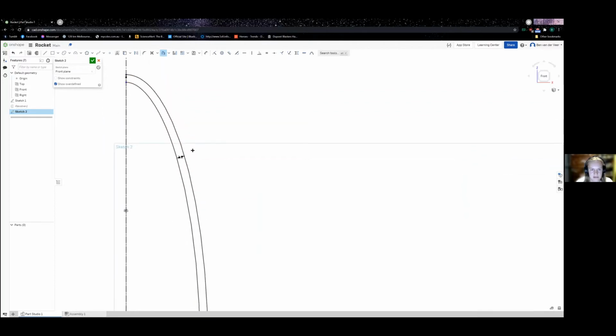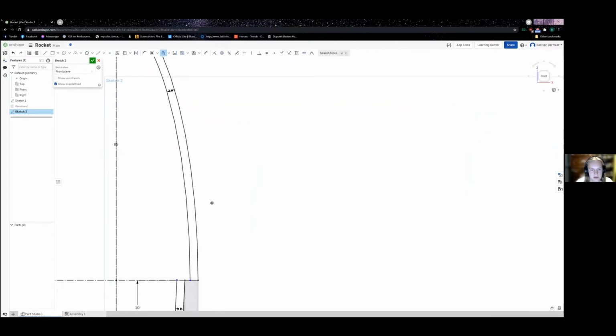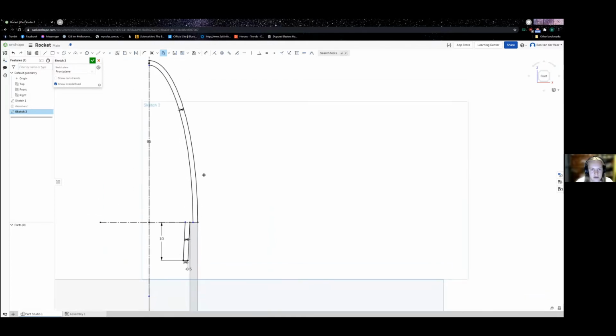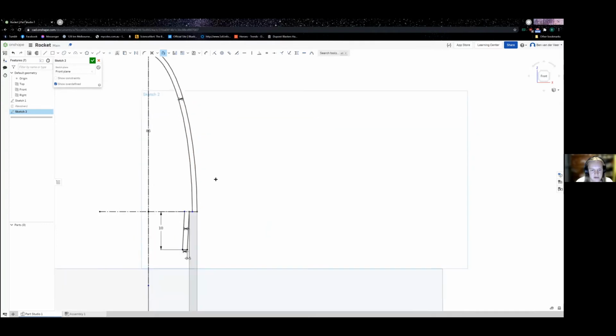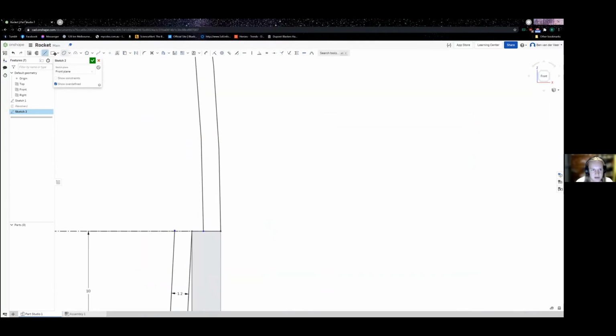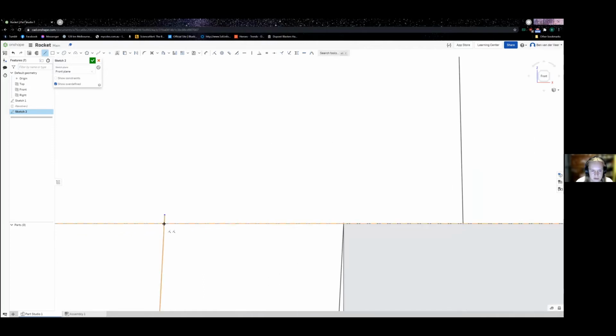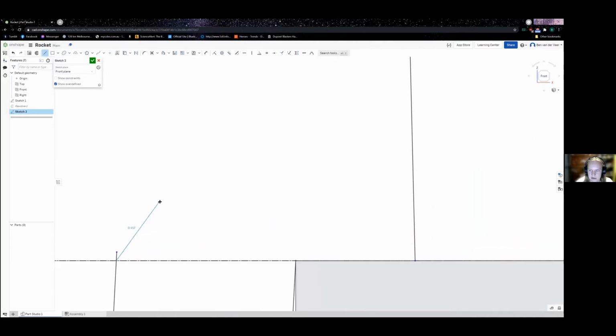Now, it is a little bit different for curved parts, but that's another rabbit hole that we won't go into in this workshop. Anywho,